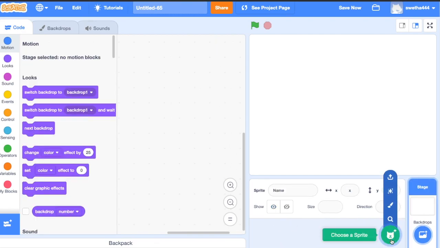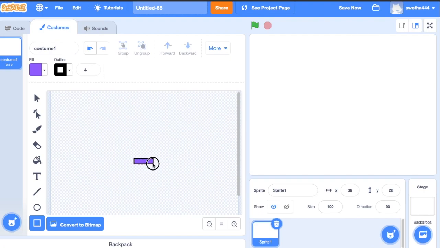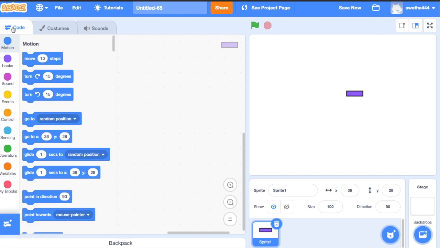Next, in this game we need 3 sprites. First, I am going to create the brick. And rename the sprite as brick.